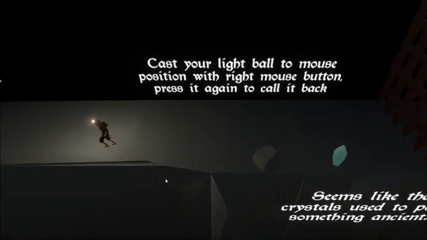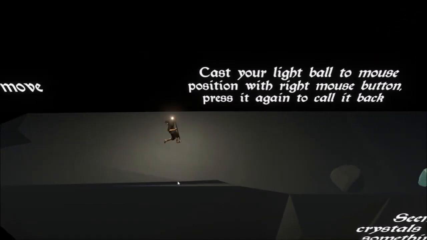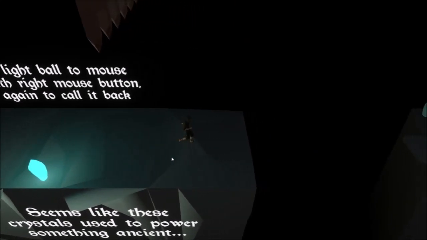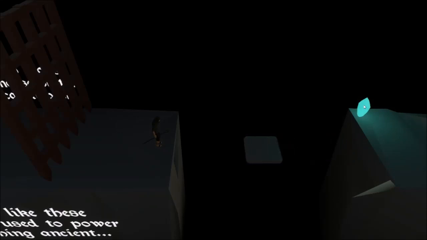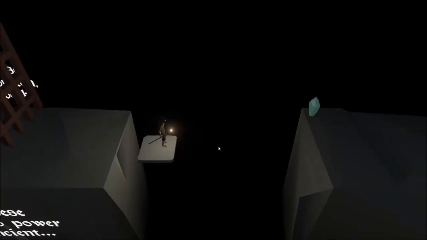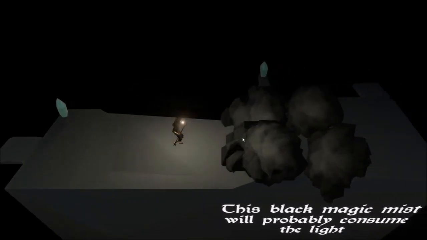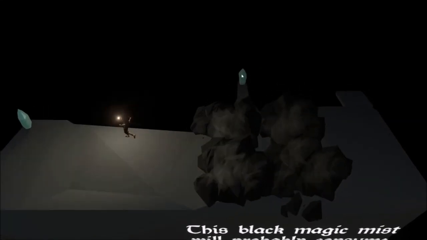Right and left take priority over up and down. So if I press up and down while it's still going right or left, I guess I can get that in. I think this is meant to be a kind of 2.5D, but it does just feel a bit awkward that I have that option, but it works that way. And it feels like the acceleration, if this is going to be a platformer where I could potentially walk off the edge of things, I feel like it should maybe stop a bit more immediately, but anyway, this black magic mist will probably consume the light,